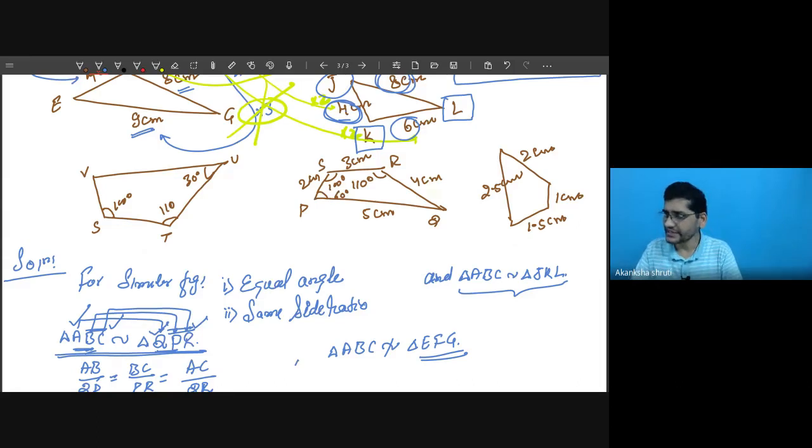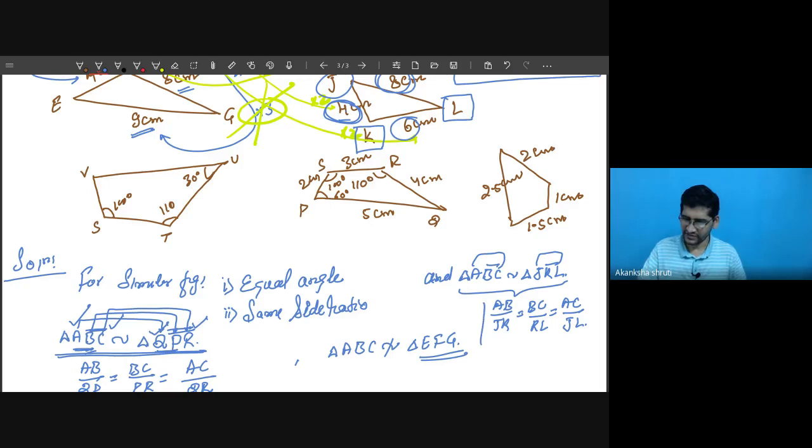Or even from that ratios we have concluded these two triangles are similar. For writing the ratios, if you are taking AB, then JK. If you are taking the BC, then for BC, the last two, KL. The AC, first and last, J and L. So AC, J and L. It is this one. Okay. This is the way of understanding. Okay, student. So this was about our understanding the similar figure.